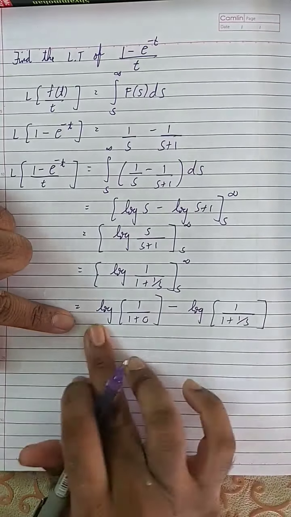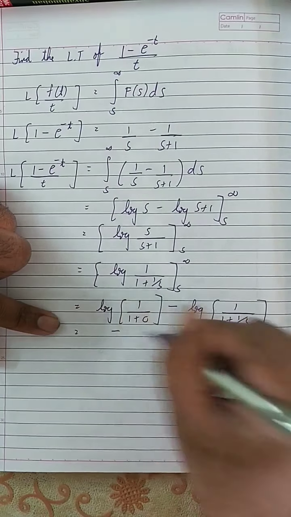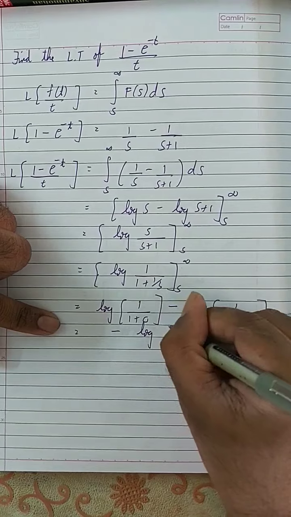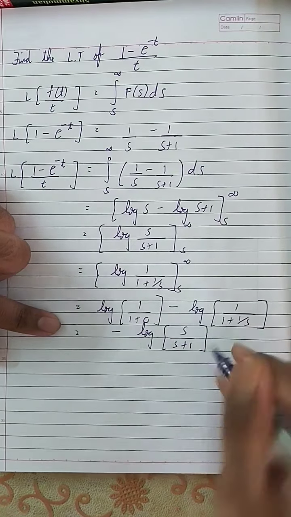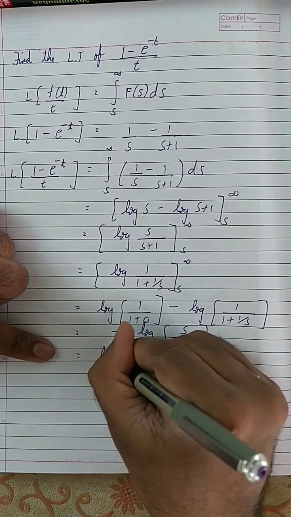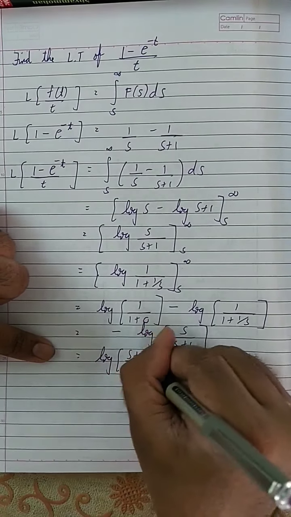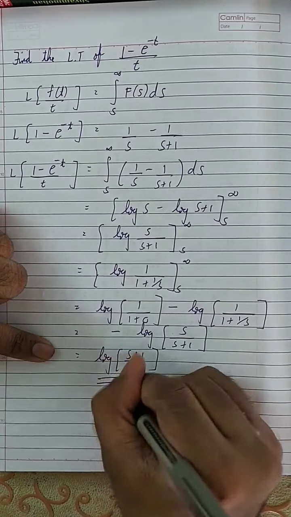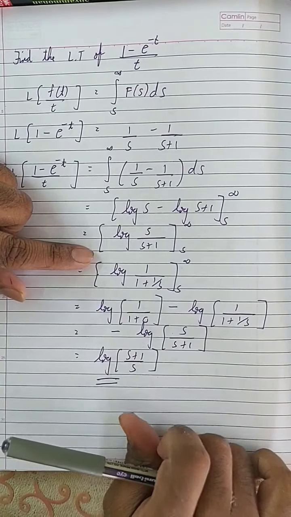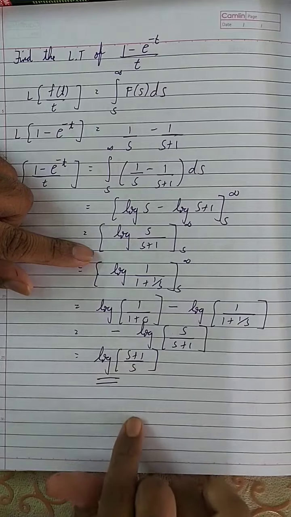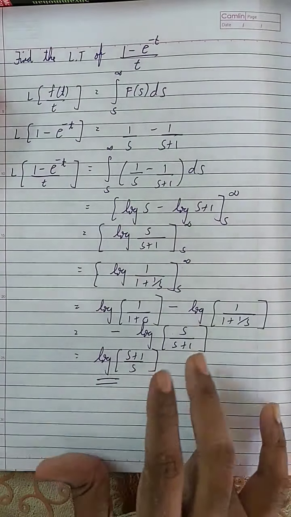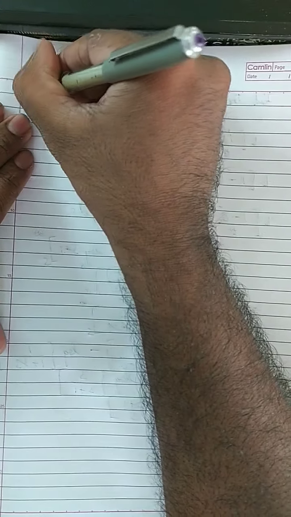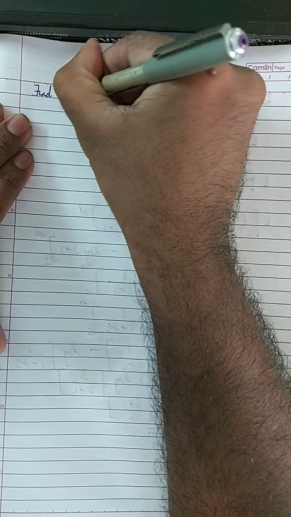Okay, log 1 is 0, so you will get minus of log of s by s plus 1, or this is equivalent to writing log of s plus 1 by s, because minus of log a by b is log b by a, right, reciprocally. So this is the answer, log of s plus 1 by s. So this is how we find the Laplace transform of